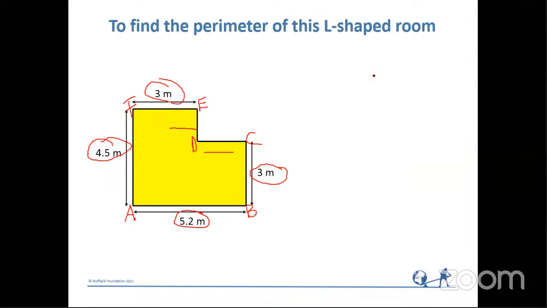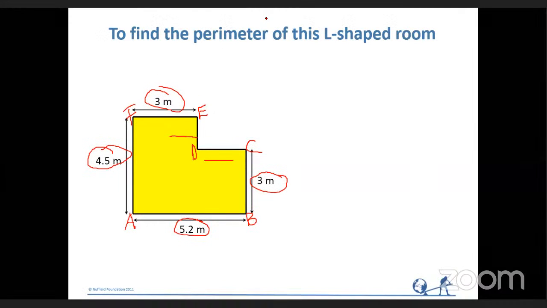So how do we find DC? As all of us are keeping quiet. Michael, how do you find DC? To find DC, we take the length of AB and subtract FE from it. Okay, so if we draw a line from here